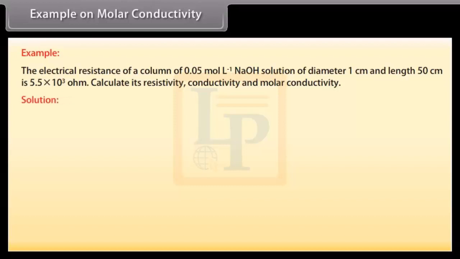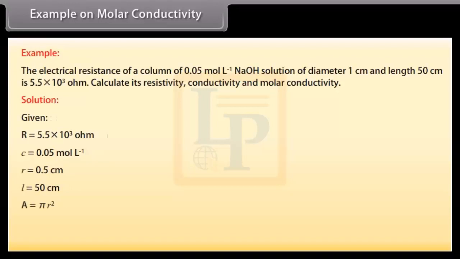Let's see the solution. Here the given values are R is equal to 5.5 into 10 raised to the power 3 ohm, C is equal to 0.05 mole per liter, r is equal to 0.5 centimeter, L is equal to 50 centimeter. We know that area is equal to pi r square. By putting the values we get area is equal to 0.785 centimeter square. We know that R is equal to rho L upon A. By putting the values we get resistivity is equal to